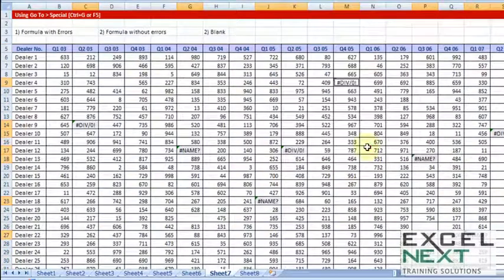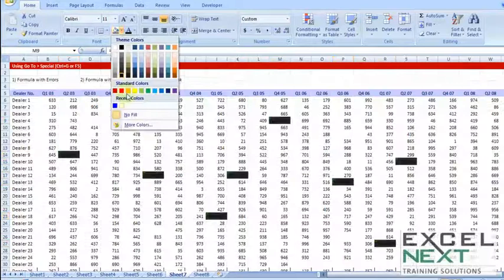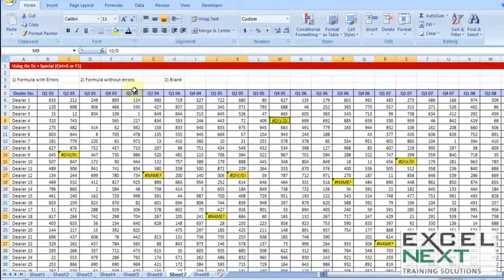Okay. You'll notice all these error-laden cells have been carefully chosen by Excel, all grayed out. All I need to do is press the delete key. Gone? Give it a try. And in fact, you may have wanted to color these cells yellow rather than deleting them. So instead of deleting, you may simply go to Home and choose yellow. Let me press Ctrl Z. Now just keep in mind that after having used Ctrl G, Go to Special, do not choose any other cell, because if you do, all the selection will be removed.